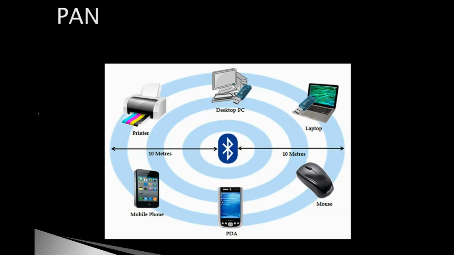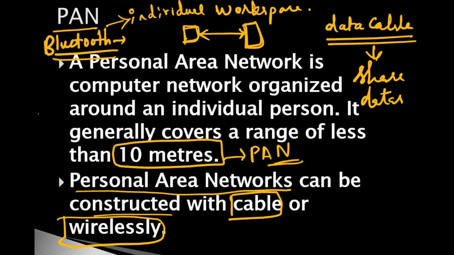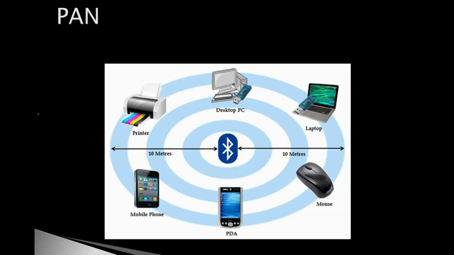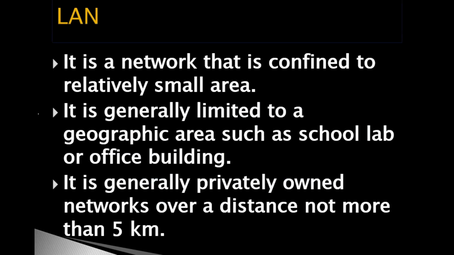This is the basic personal area network and it covers up to 10 meters or less. Within the 10 meters we can connect Bluetooth to a printer, our desktop PC, our laptop, our mouse, personal digital assistant, mobile phone, etc. So the next one is